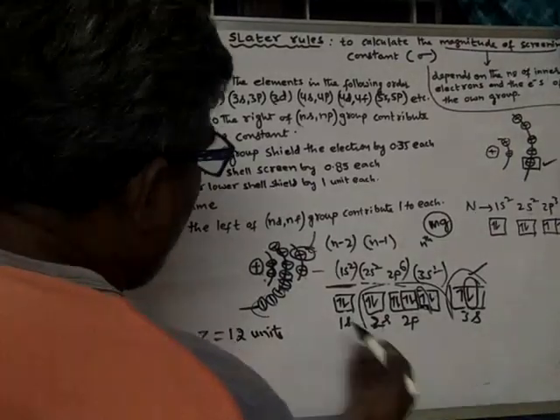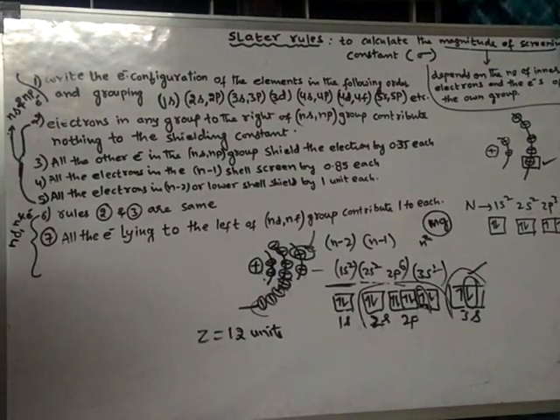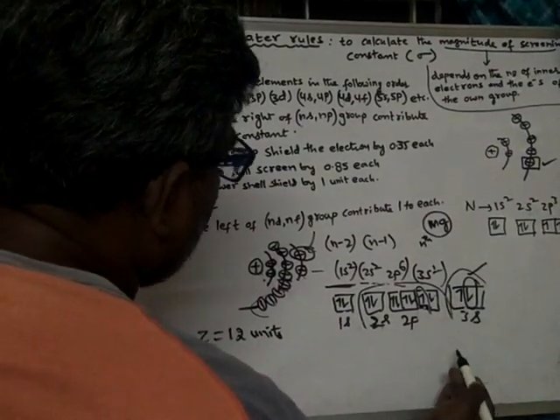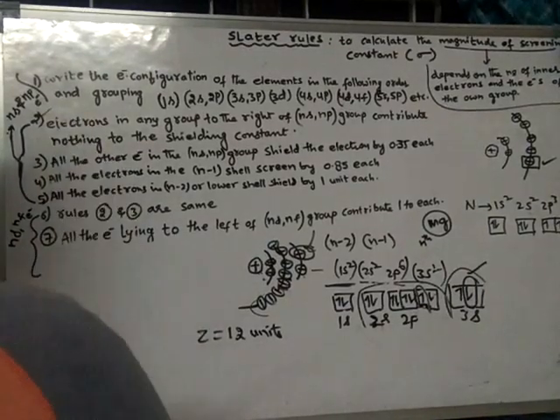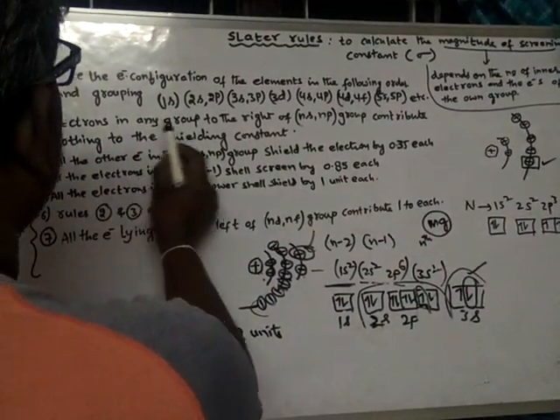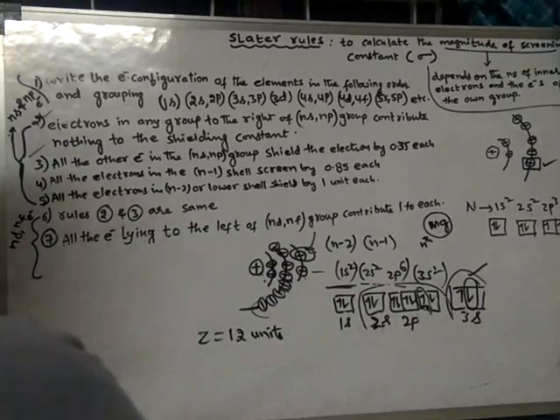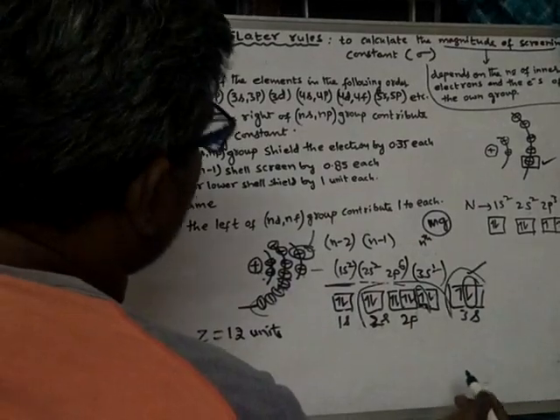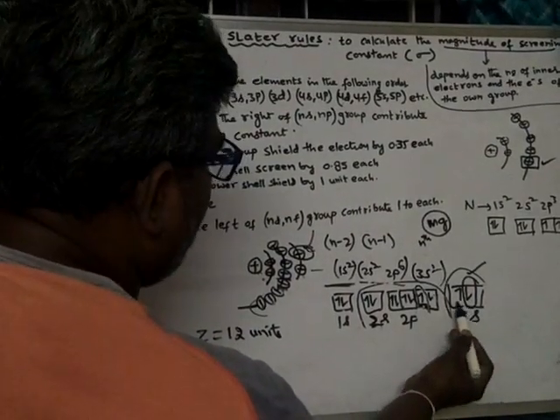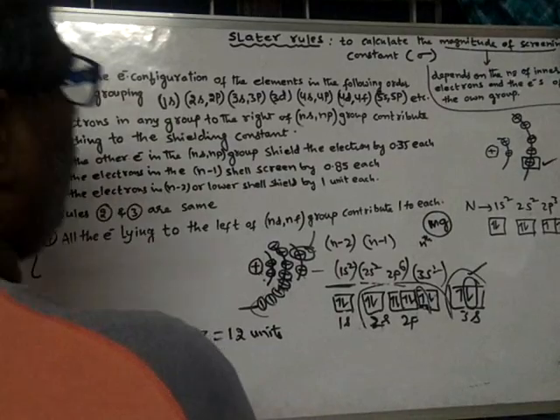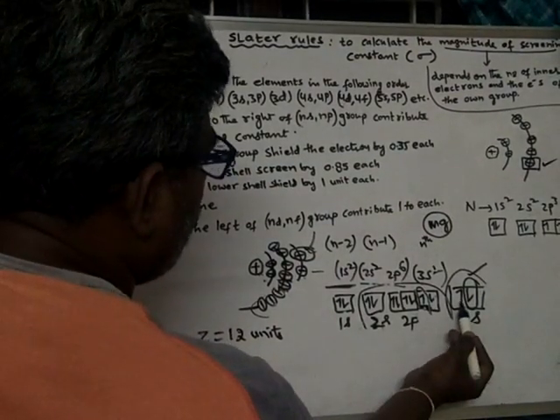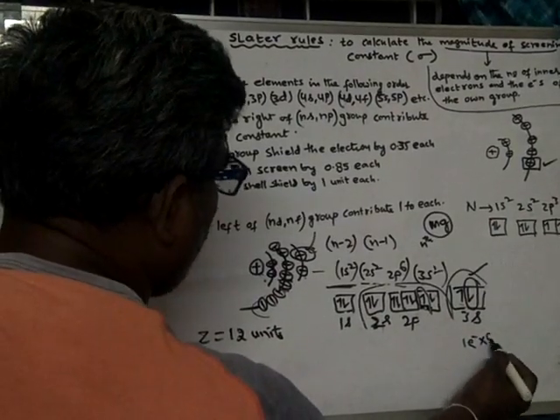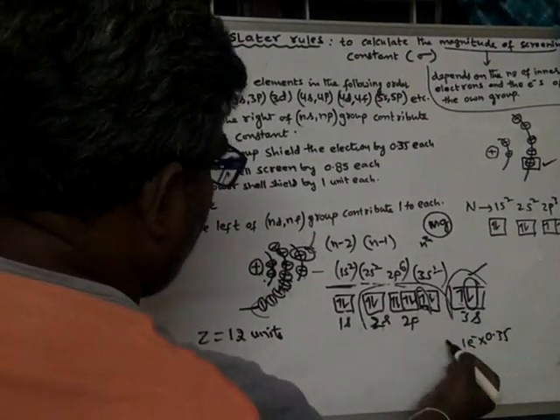So now, what are the electrons which are showing screening effect? One electron belonging to the same group will show screening effect. So here the third rule is applicable. All the electrons in the same group shield the electron by 0.35. How many other electrons are there? Only one other electron is there. So that one electron will show 0.35 screening effect, plus